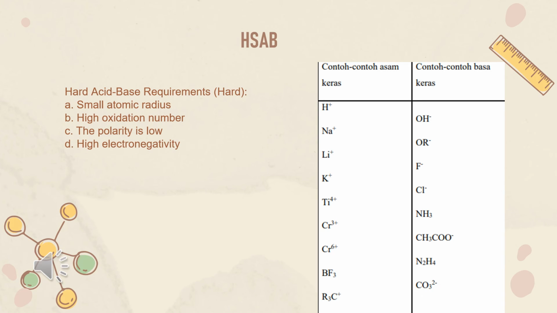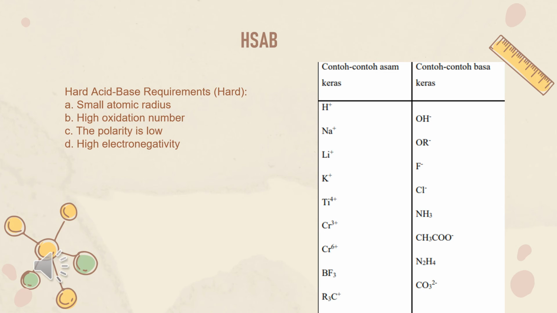The examples of hard acid are first NH4+, Na+, Li+, K+, Ti4+, Cr3+, Cr6+, BF3, R3C+. And the examples of hard base are OH-, OR-, F-, Cl-, NH3, CH3COO-, N2H4,